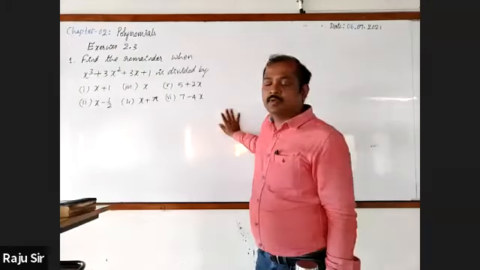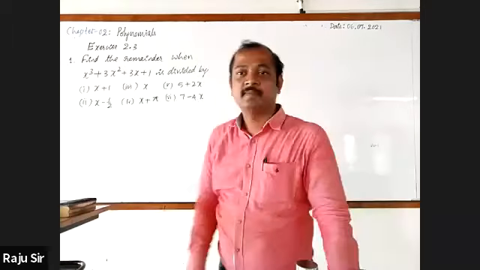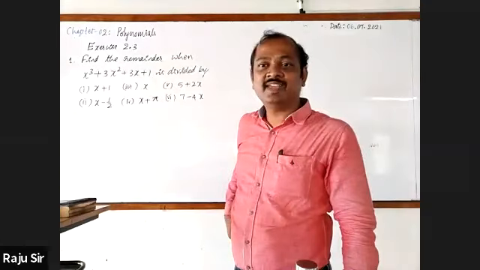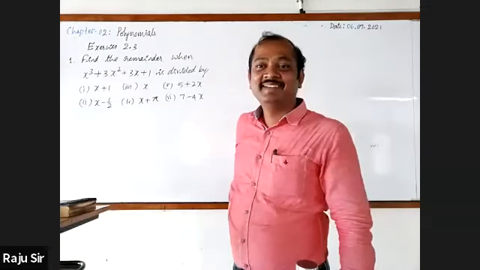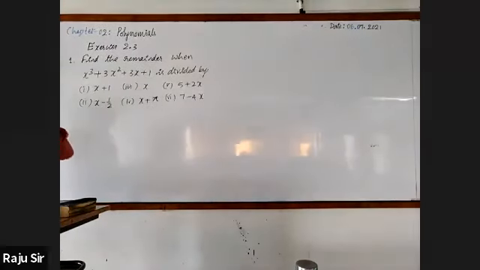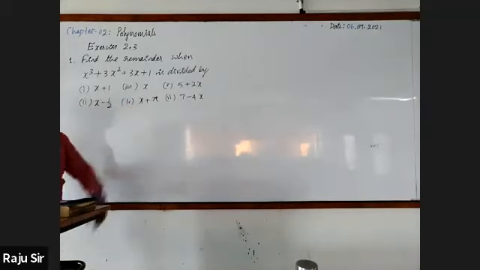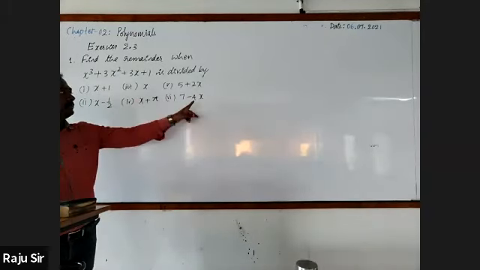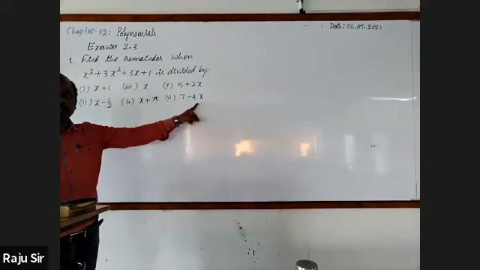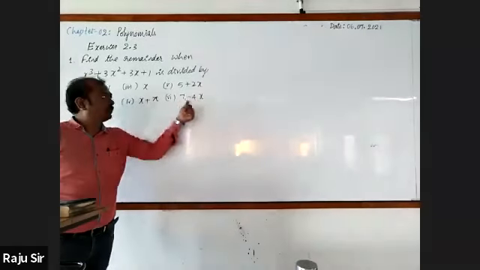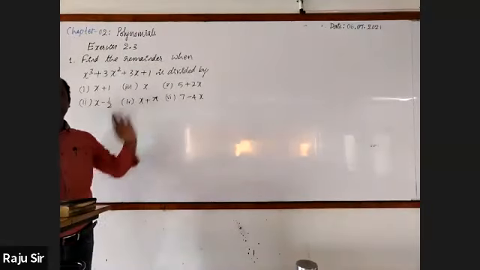Sir, the sixth one is not there in the textbook. Then how did I write it? Can you guess? It is your sir's own additional problem from an additional reference book. In all these, we have only positive signs, a positive coefficient for x. But in this problem, I have taken a divisor in which the coefficient of x is negative. That's why I have included it.